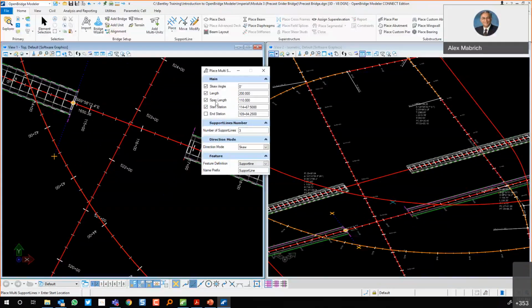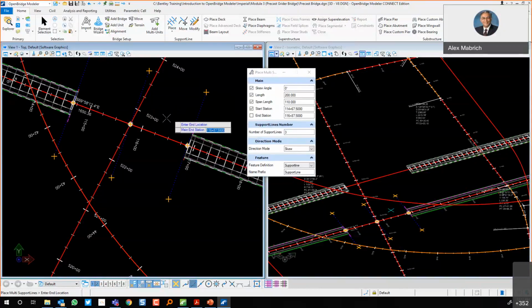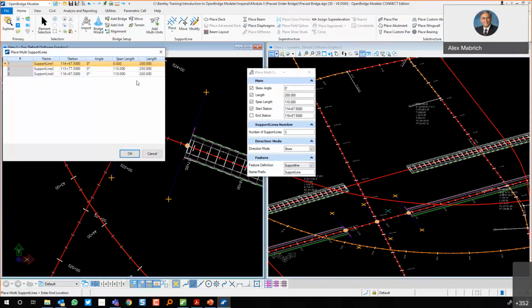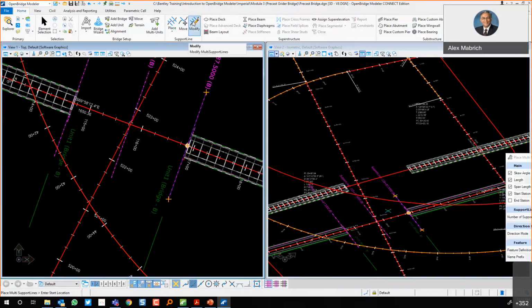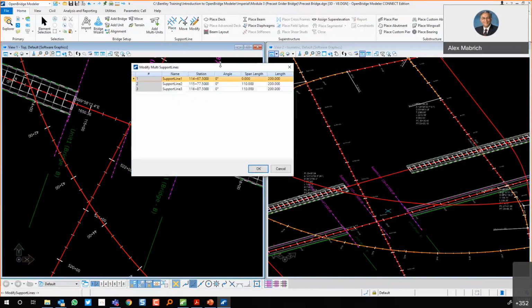And I'm going to place 3 support lines with a span length of now 110, right? And it's locked. So I'm locking the beginning and say it's 3 support lines on that direction, 1 data point there, and I have my 2 spans, 3 support lines, right? And then it prompts me to this screen that displays multi-support lines, the modification. I will say okay,